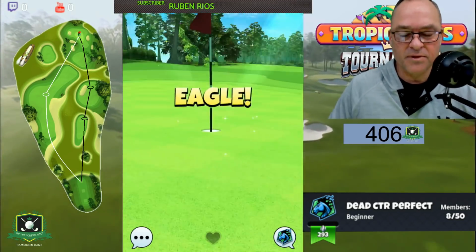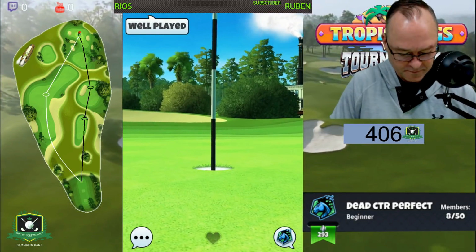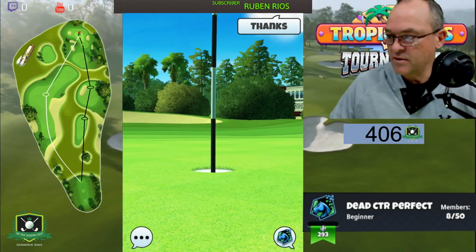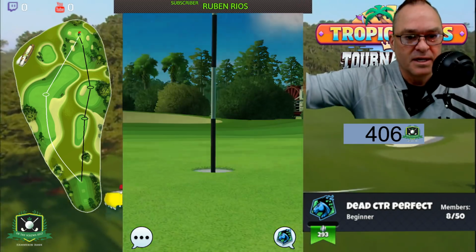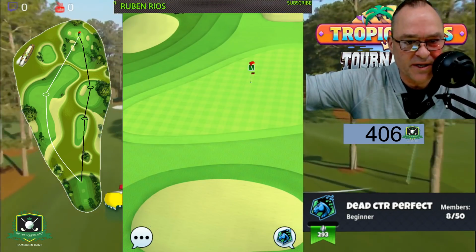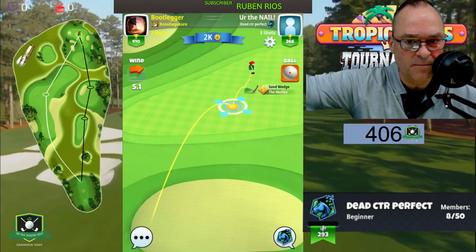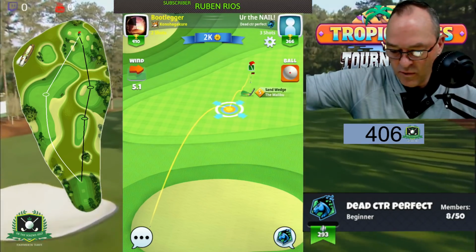We did make the eagle on this hole like we needed to, but it is very, very important that you practice, right? And you get used to the ring system. You get used to the attributes of each club. For instance, okay, that was a dart